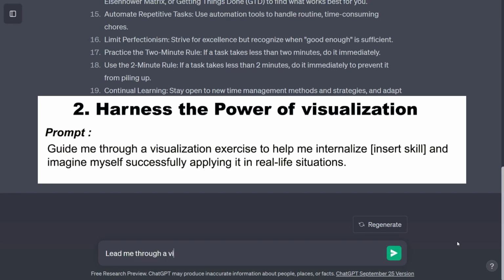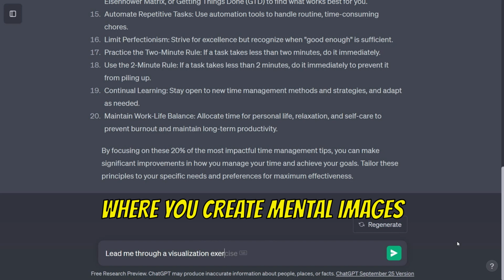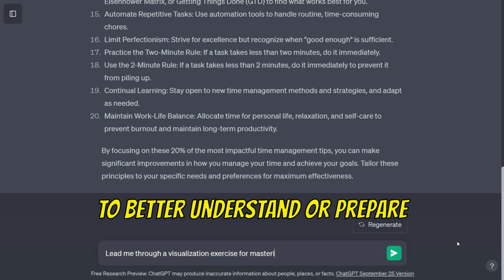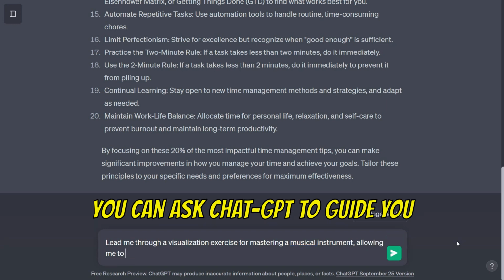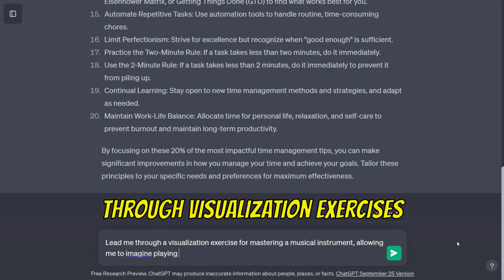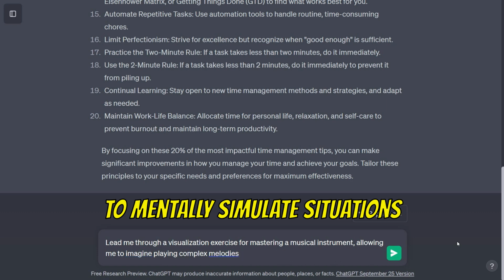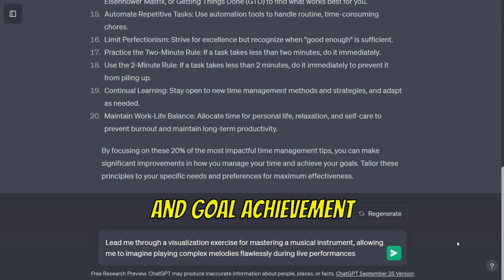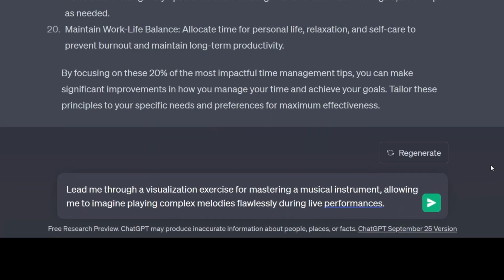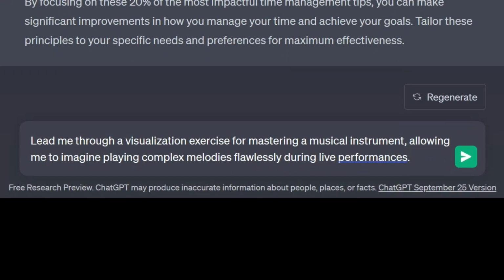Visualization in ChatGPT is a cognitive technique where you create mental images to better understand or prepare for various topics or skills. You can ask ChatGPT to guide you through visualization exercises to mentally simulate situations, aiding in learning, problem solving, and goal achievement. Here's an example prompt. Lead me through a visualization exercise for mastering a musical instrument, allowing me to imagine playing complex melodies flawlessly during